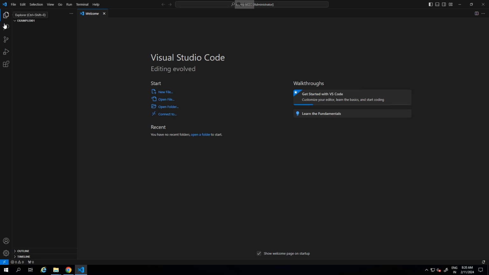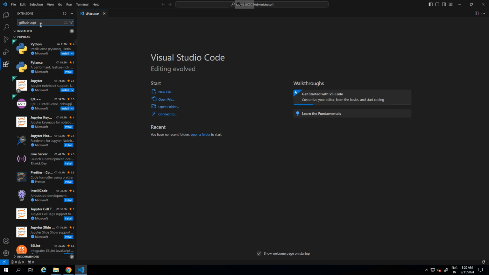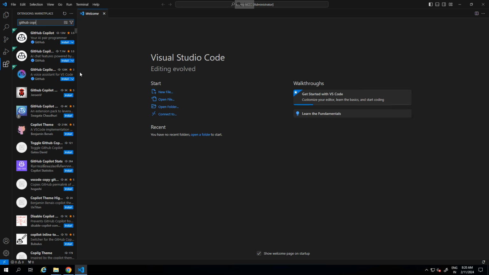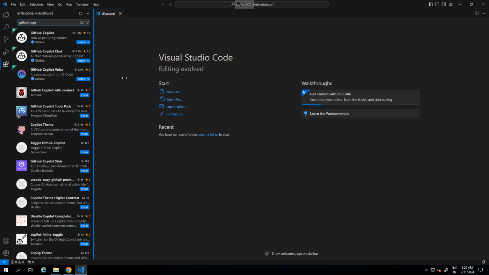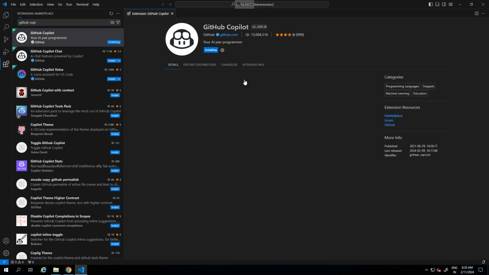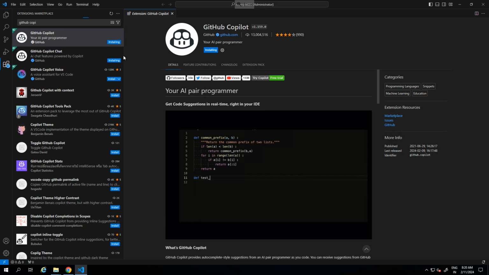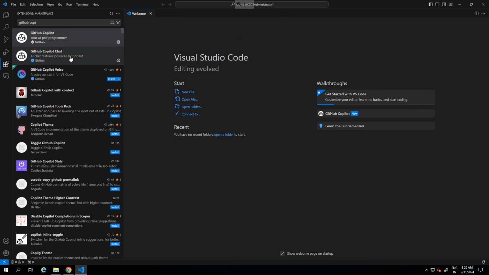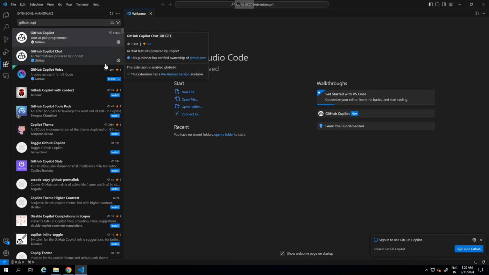So here in the left side panel, just click on this extension and search for GitHub Copilot. Okay, so you have two, GitHub Copilot and GitHub Copilot Chat. Just click on install. So it will install both GitHub Copilot and GitHub Copilot Chat because they both come together. The moment your installation is done, on the bottom right corner it will ask for signing in to GitHub. So click on sign in to GitHub,